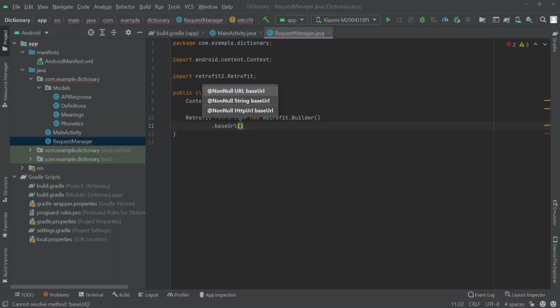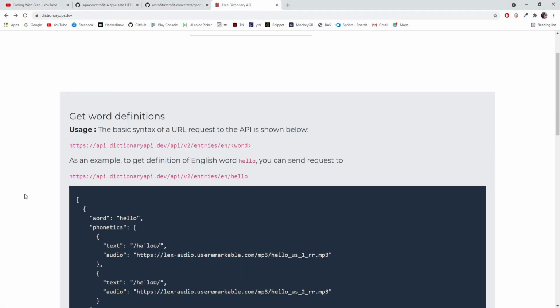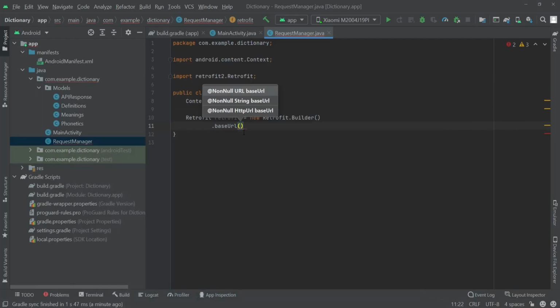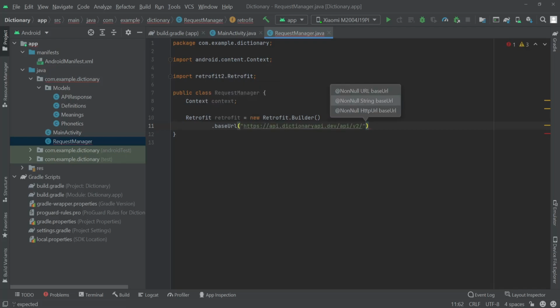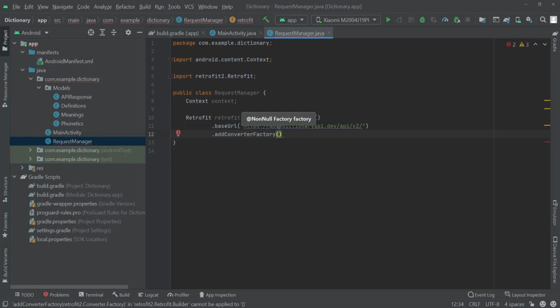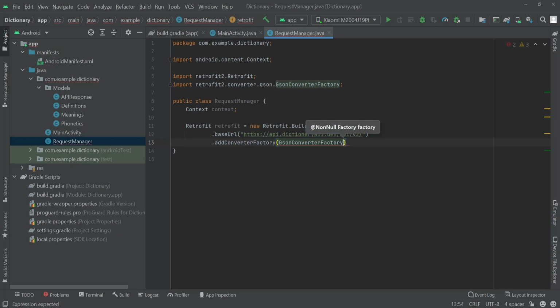So for the base URL we have to pass only this part of our URL until the v2/. So I'll just copy this part and go back to our Android Studio, and inside the base URL's parameter I'll paste it. Okay, and then we have to add the add converter factory method, and here for the converter factory we'll pass the JSON converter factory. So I'll write JSON converter factory dot create. Okay, and finally we can build this,